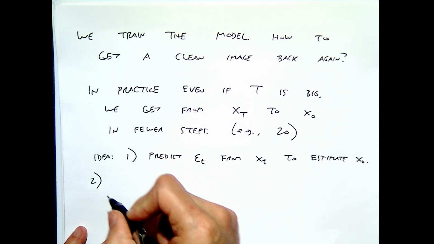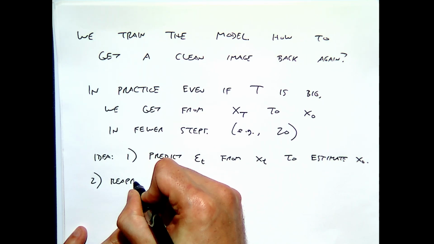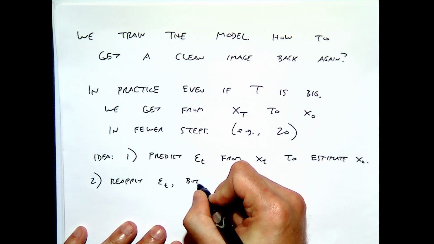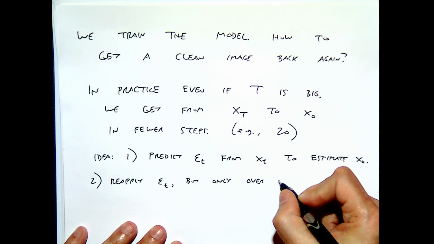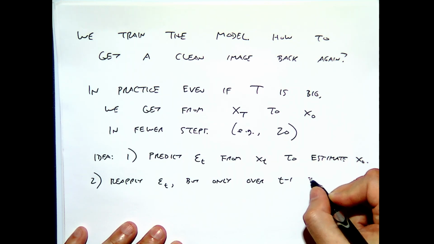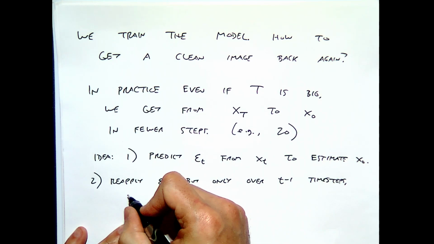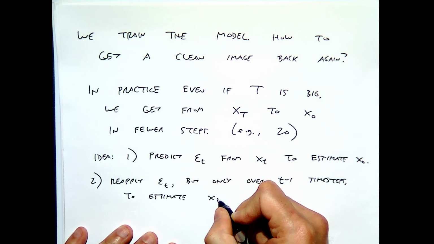But then the next step is that I reapply this noise, but only over t minus 1 time steps to estimate x of t minus 1,